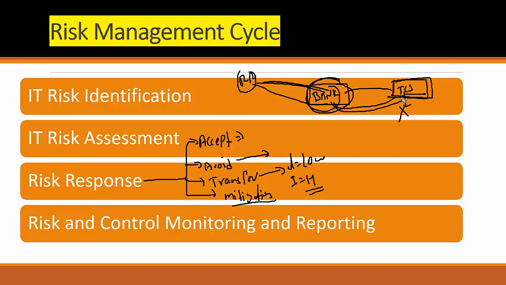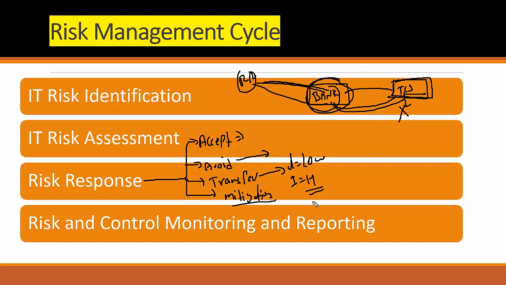Like insurance, cyber insurance is the best example of risk transfer. Okay, we take insurance. It doesn't mean we will not face an accident. If we face an accident, in the case of hospital and medical claims and bills, it is borne by the third party. So this is how I transfer the impact to a third party because likelihood is low. Not every day I will face an accident. But if I am admitted to the hospital in one go, it has a huge impact on my pocket. So that is why I decided to transfer this to a third party.